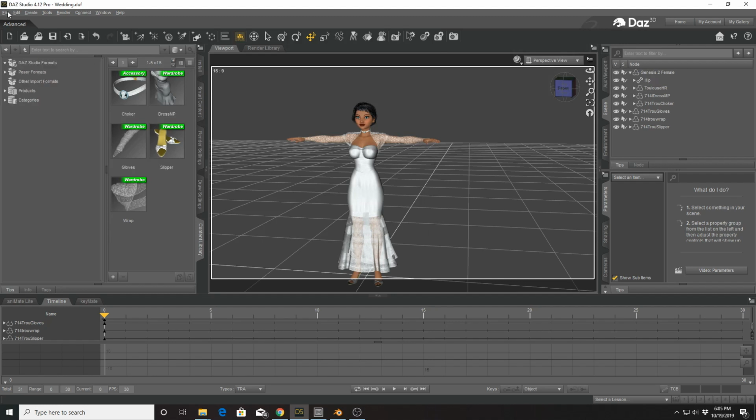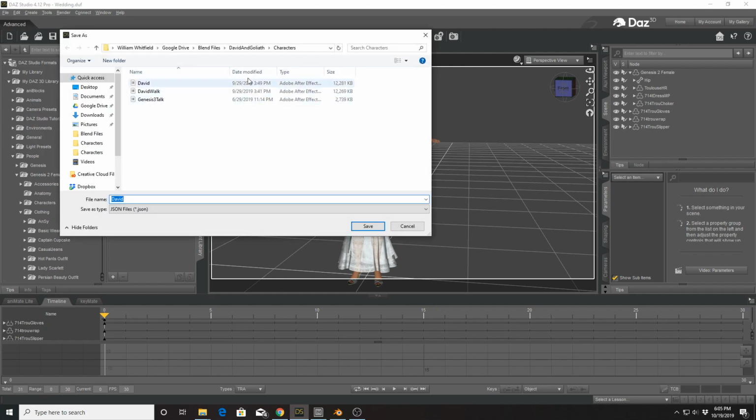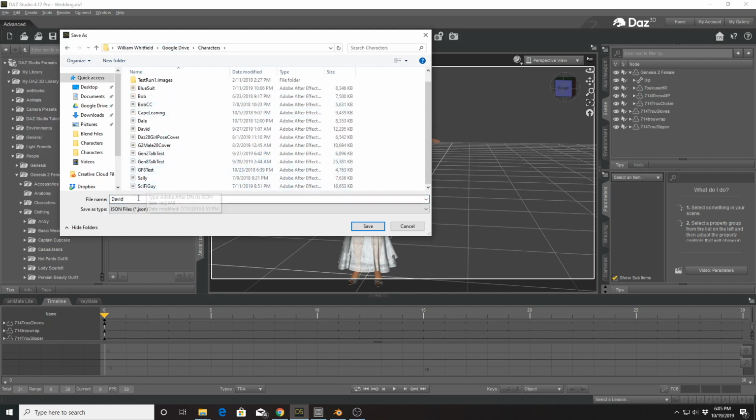Then the next step I need to do is go to File. Usually you'll be hitting the Export Basic Data button. I just did it a second time and called it something different, so I'm gonna hit this Export JSON Data. Now, very important, you want to co-locate those 2 files. So save it in the same directory, and you want to call it the same thing. So I'm gonna call it wedding as well.